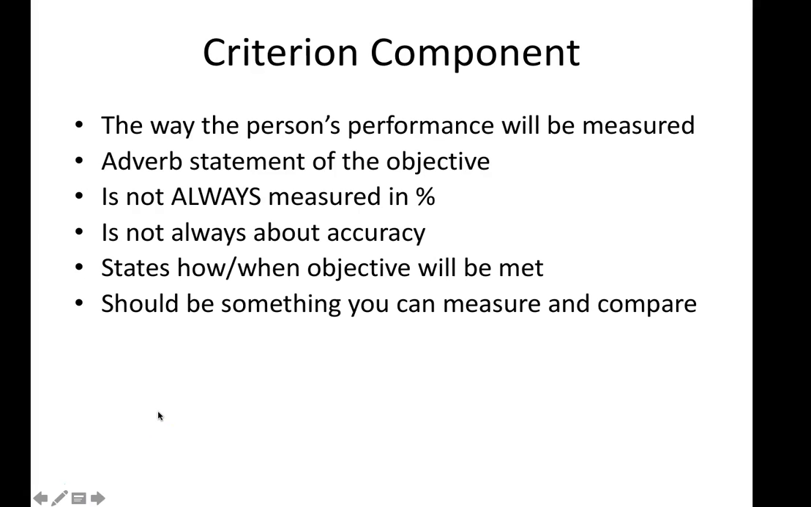Now I want to talk about the criterion component. This is the way that the person's performance will be measured. It's the adverb statement of the objective if you think in that way. It's not always measured in percentages. There are plenty of things that cannot be measured in percentages. And it's not always about accuracy. Sometimes it's just about doing a thing. You don't have to do it accurately, you just need to do it. Okay? It states how and when the objective will be met, and it should be something that you can measure and